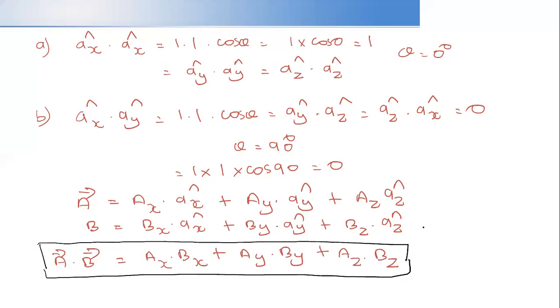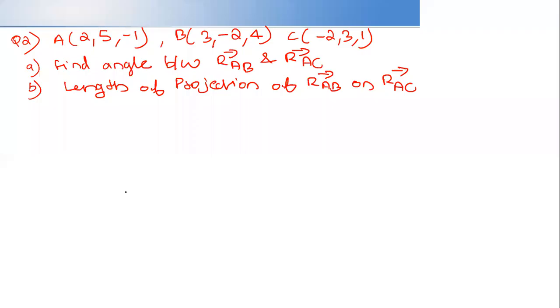So I will give you one question also. This is one numerical problem based on the dot product. This is the second question; one question we have done in the last class. What they're asking is to find the angle between RAB and RAC. First of all, you need to find RAB, the position vector, which, as we saw last class, is RB minus RA. When I teach, I will explain one problem and then give you similar problems as homework, so you need to do that.